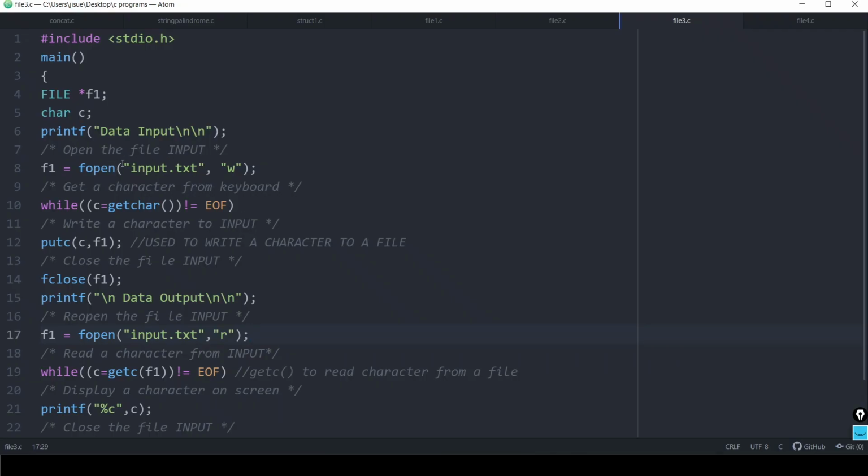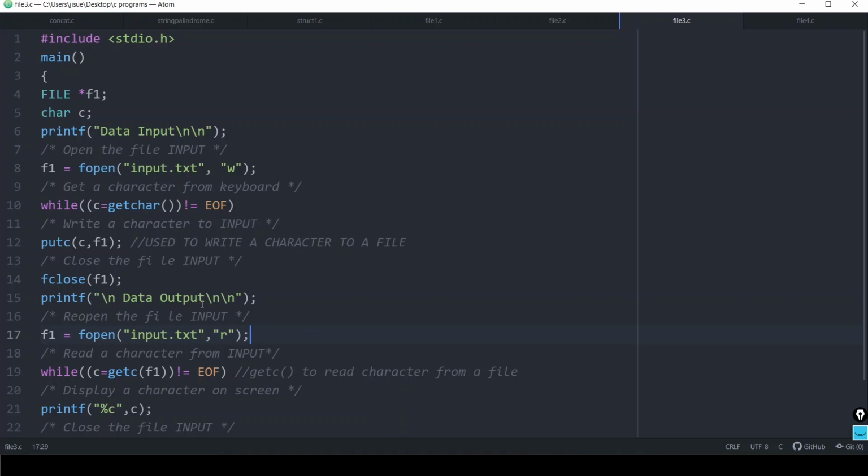So opening the file, using getchar we get the value from the user till end of file is reached, that is, till Control Z is entered by the user. Then it is a loop for each and every character. Using putc, each character is written to the file pointed to by the pointer. Then we close that file.